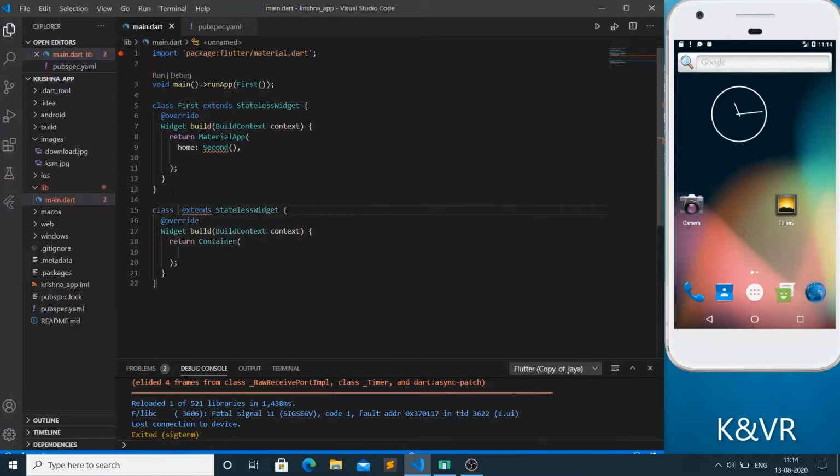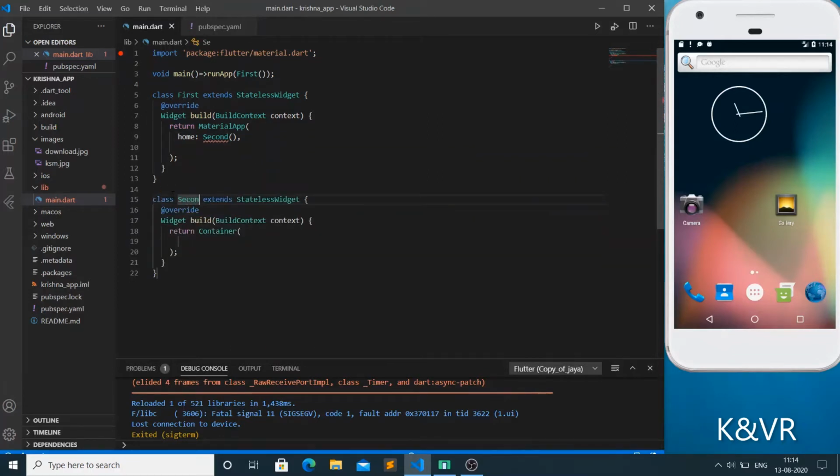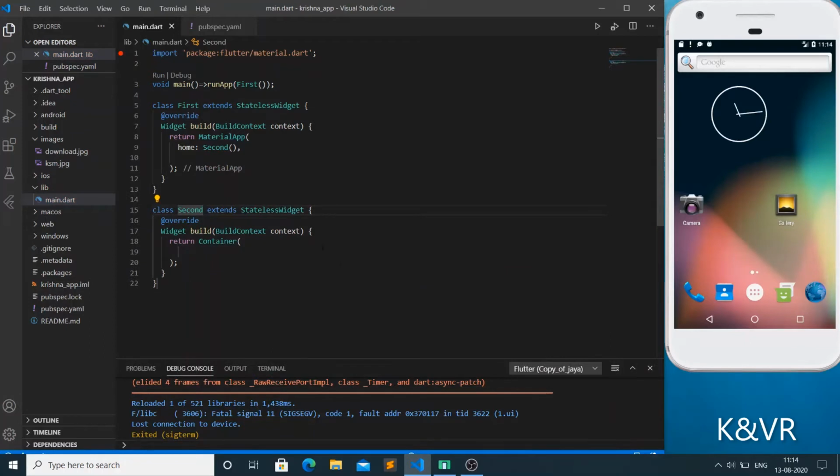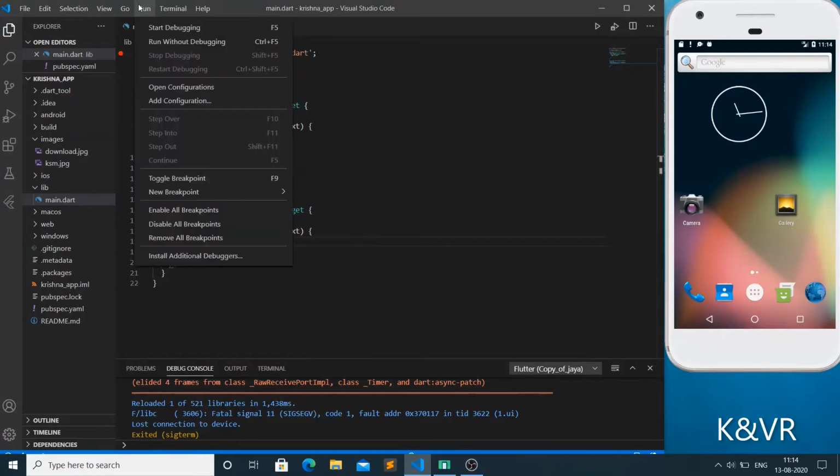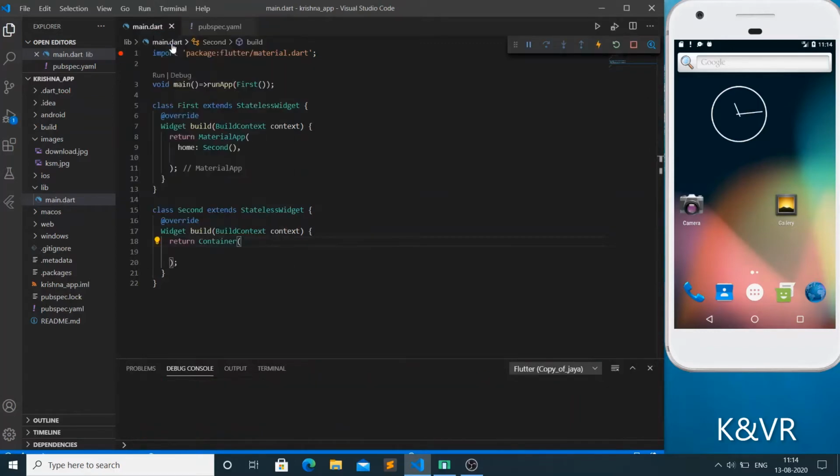That's it. Now no errors. Here we are returning one container. Just go and run the app.